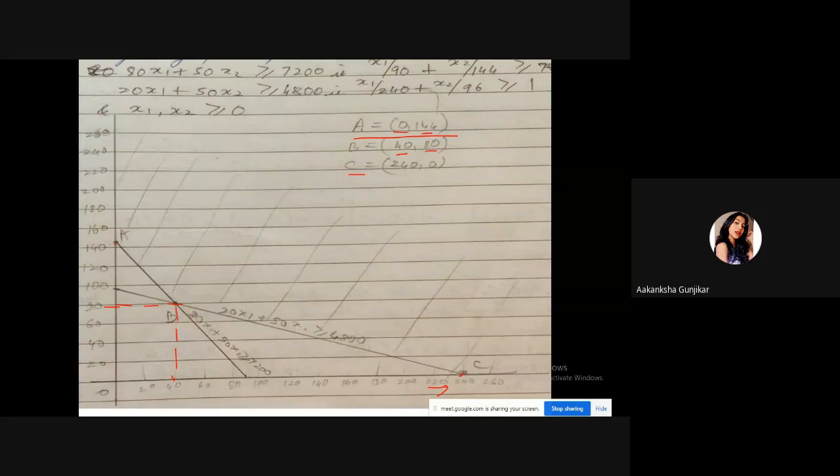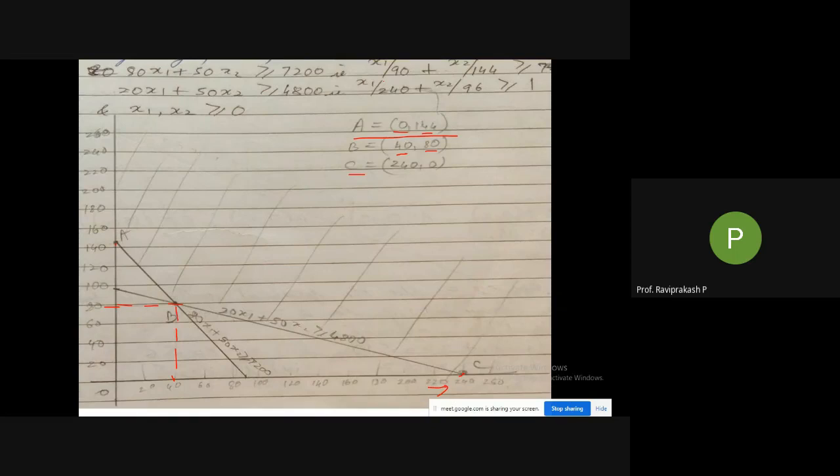Excuse me, sir. Sometimes in a graph, it is very difficult to get the point accurate, like how it has come now. So at that time the values change. Then it's okay, sir. Yes, slightly it should change. It's okay, but it should not have too much deviation from what the answer is. It should not be deviating too much.